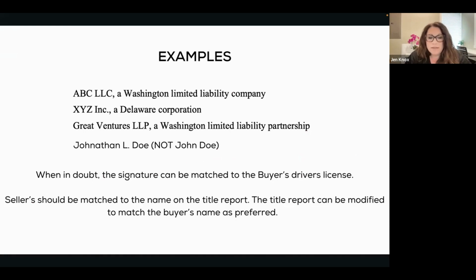If you have a seller who signs on behalf of a corporation or LLC, that seller will have a signature block that will be specific to them. And if you have any questions about this, the title company can actually provide you the name that needs to be written down. There are going to be several times in our careers where we're going to find these names